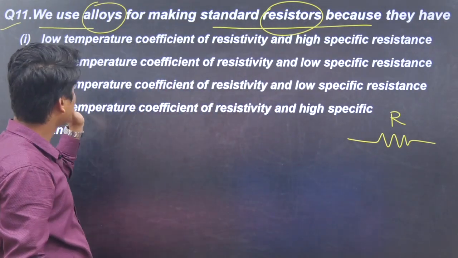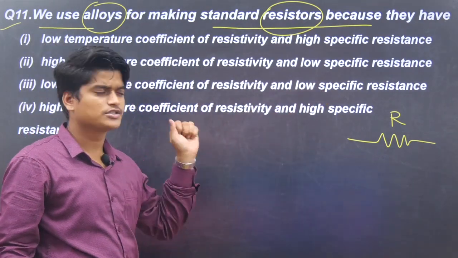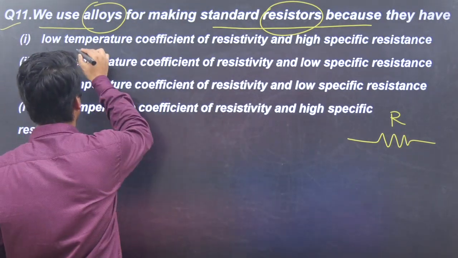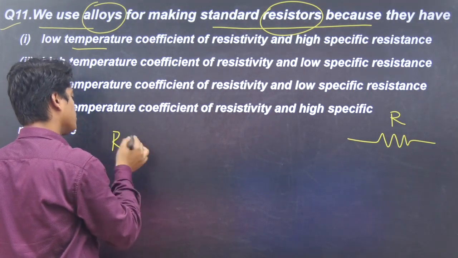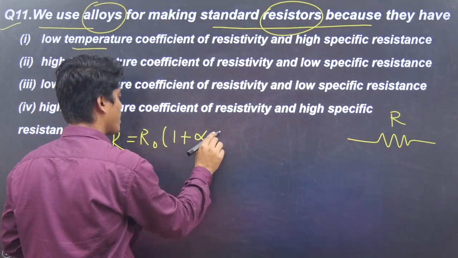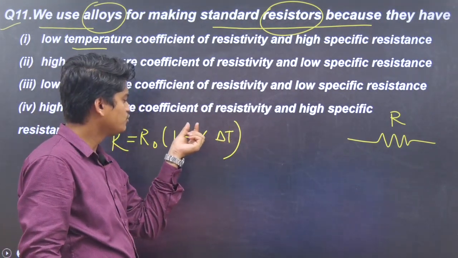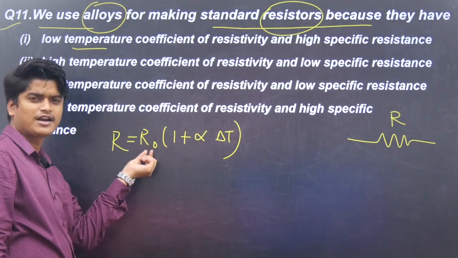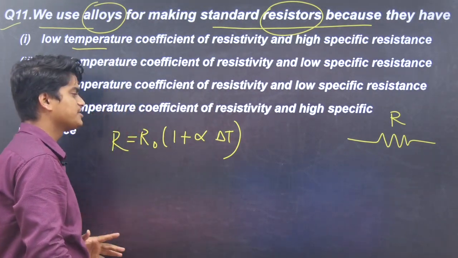Now according to temperature and resistivity, they are asking high, low, like this, and 4 options are given. If the temperature changes, I can understand how my resistance value, or you can also say resistivity value, varies with the temperature. Now R equals R naught (1 plus alpha delta T). If we increase the temperature, due to the variation of temperature the resistance value will change. R naught is some initial value at a certain temperature; if you increase the temperature, the resistance is changing.